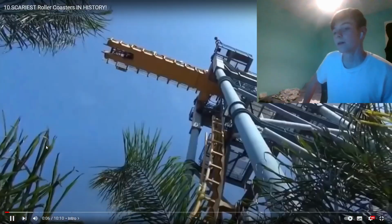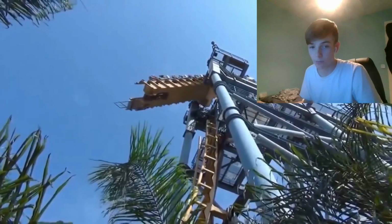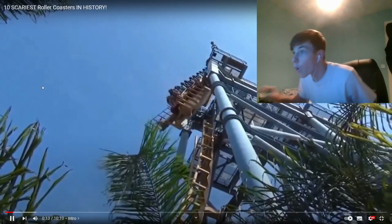Number 10. Coaster based in Taiwan, and if you want to get a ride, you might want to bring a spare pair of underwear along with you. Most coasters start from a stationary position and are then lifted up a slope by a chain link. So what that means is you pretty much know what you're getting into and have time to